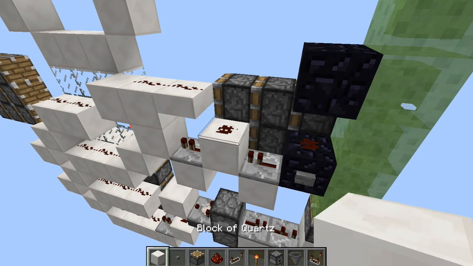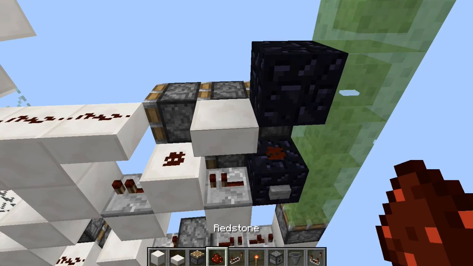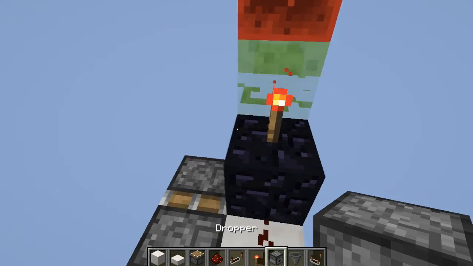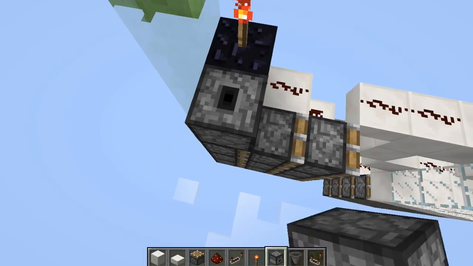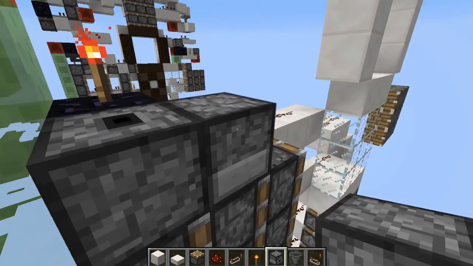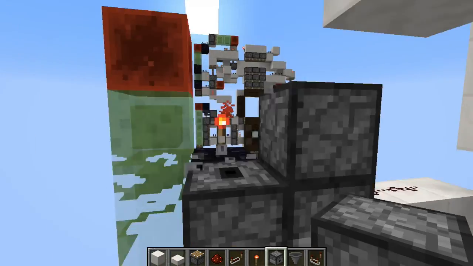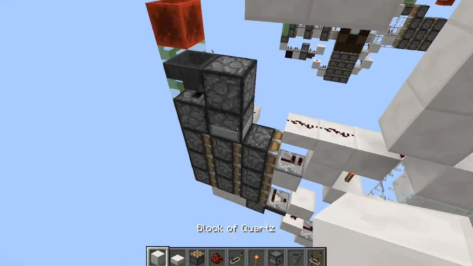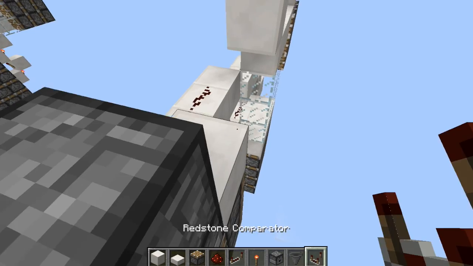And then to carry it over to the other side, we're just going to place a half slab right there with dust on top of it, a torch right here, and then a T flip-flop here that's going to have a dropper facing up, one facing to the side, and then I'm just going to place that there, and one facing down here. Now we're going to have a hopper right there, and then just coming out of that we're going to have a comparator right there